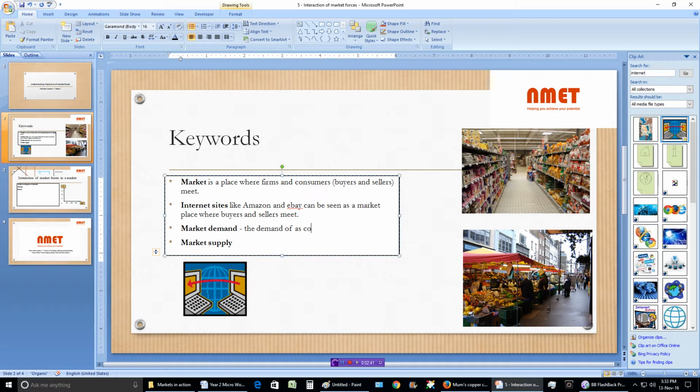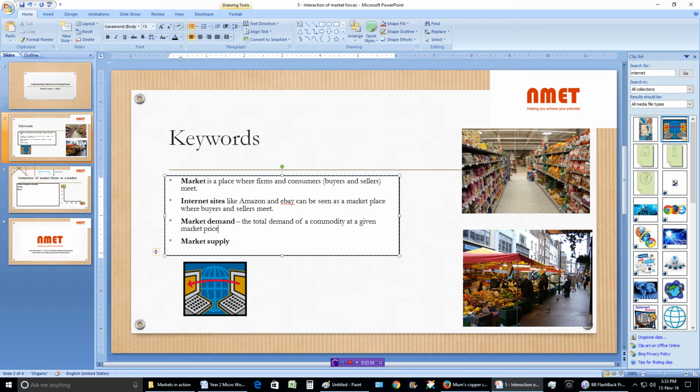The demand of a commodity or a good, the total demand of a commodity at a given price. If the price goes up, the market demand falls. If the price falls, market demand goes up, as we've studied before in our law of demand. Similarly, market supply is the